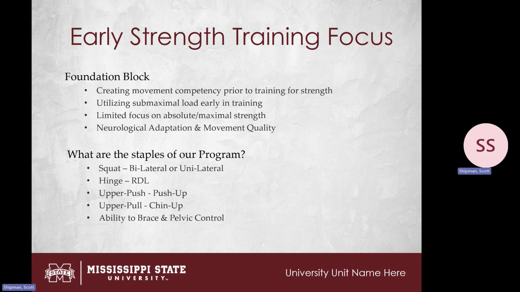Our athletes should be able to dominate push-ups. They should be able to allow their head, hip, and knees to all raise up at the same time, and allow that scap to wrap around the rib cage at the top every single rep. Upper pulls, chin ups, or pull downs done at a high level. So we're getting our pulling done there.